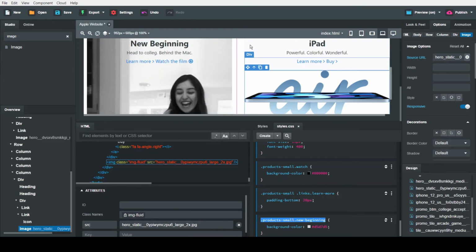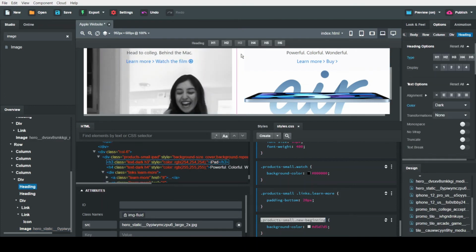Create CSS for this iPad promo and change the background color to match the image.